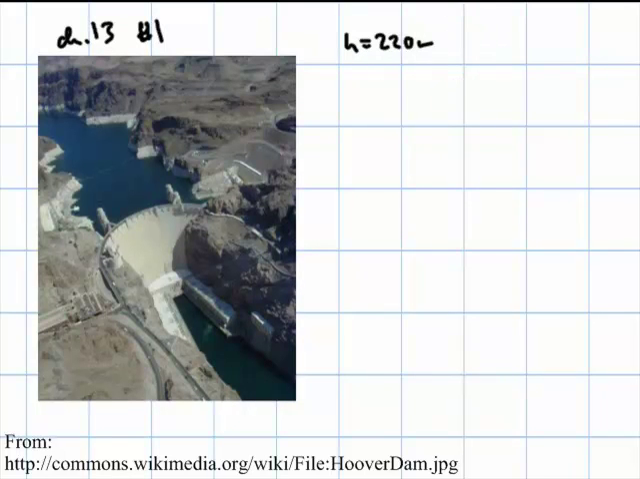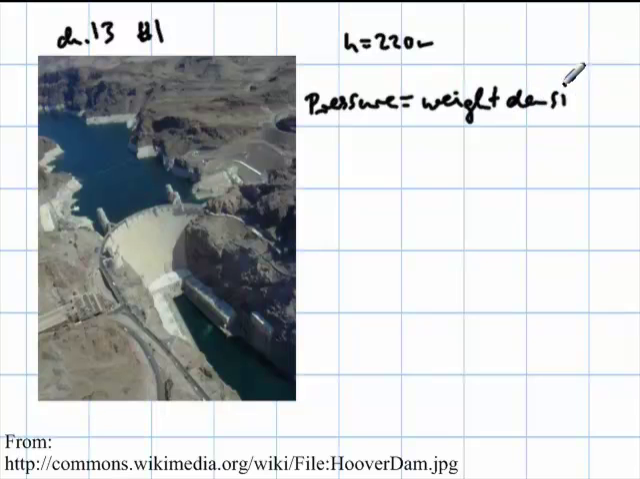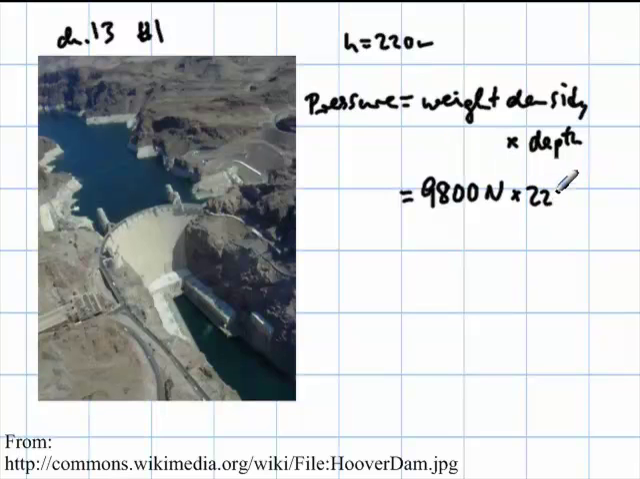So we look up the equation for that, which says that the pressure equals the weight density times the depth, and we find that the weight density of water is 9,800 newtons per cubic meter. That comes from 1 cubic meter of water being 1,000 kilograms, and then because of gravity we multiply by 9.8, times the depth, which is given as 220 meters. And when I do that on the side on a calculator, I come up with